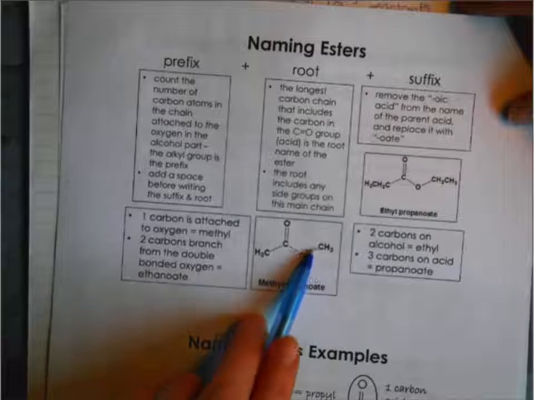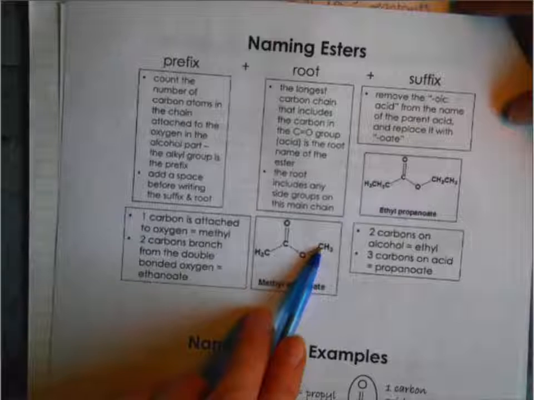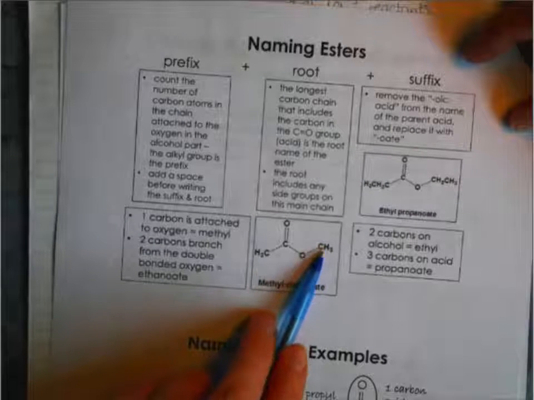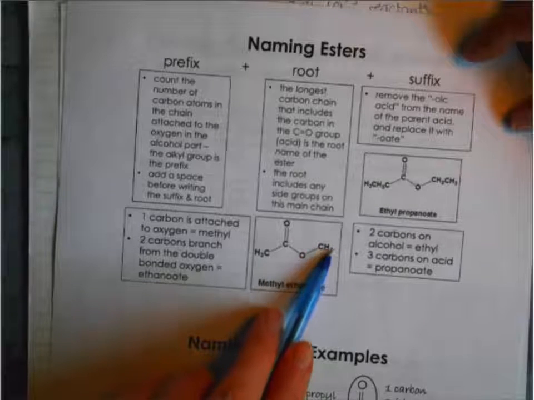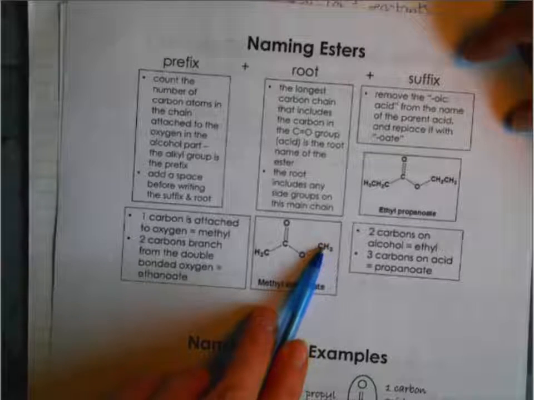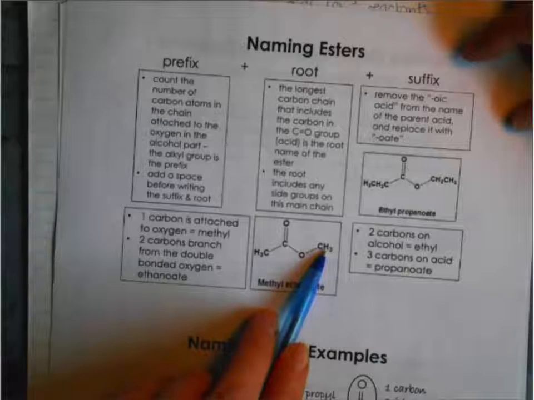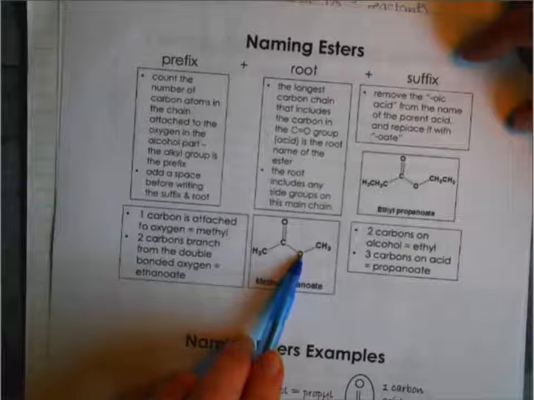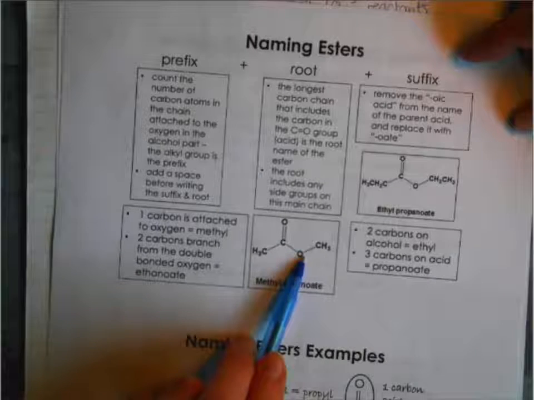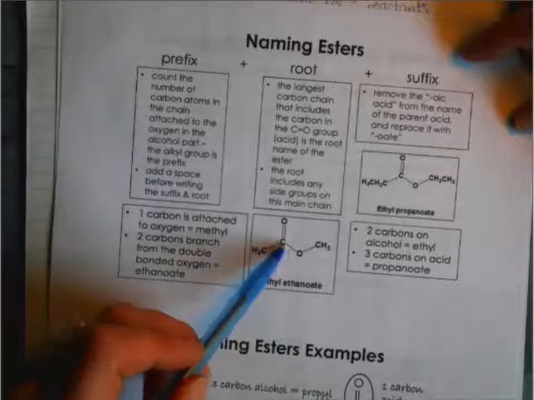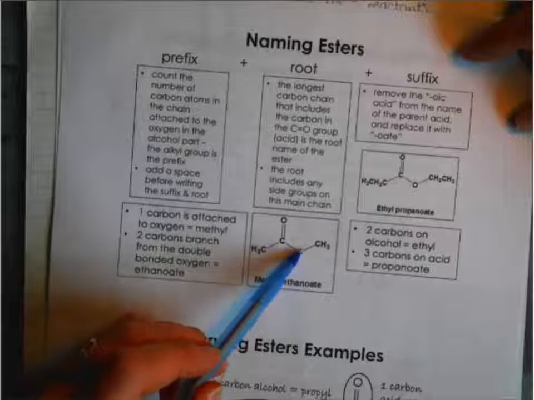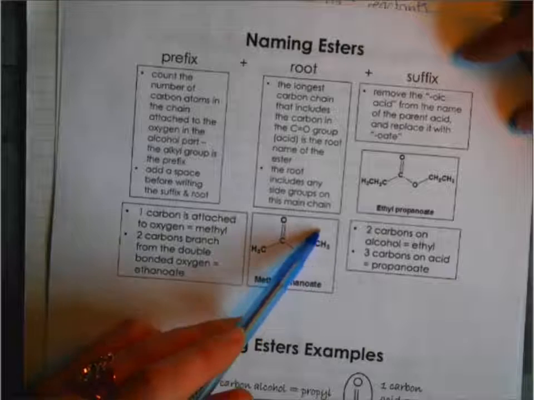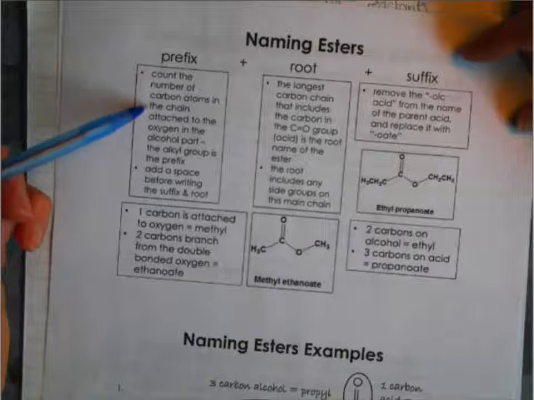So if you think about if on the other side of it, if we have a hydrogen, that would make it an alcohol. But instead, because there's never going to be a hydrogen here for an ester, we count the number of carbons that are over on this side of the oxygen. So you just have to be really careful. A good way to think of it is, if this was a carboxylic acid, where would the hydrogen be? Well, it would be on this oxygen, right? It'd be OH. So instead of the H there, how many carbons are there? And that's going to be your prefix